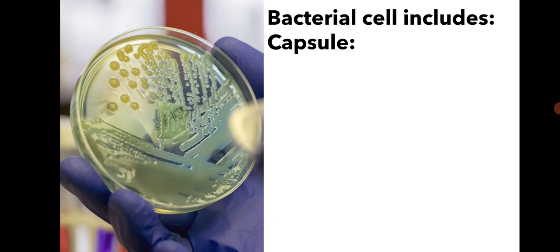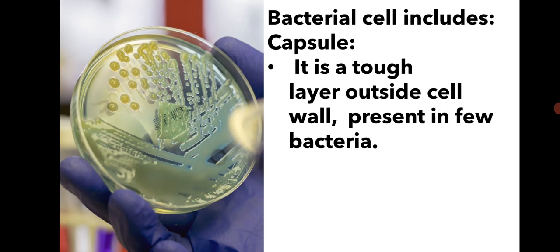You can consider this as the outermost layer. As you all know, the outermost layer generally protects us from the harshness of the environment, or from other invading bacterial cells, or from the human immunity, and so on. So the capsule is the tough layer which is the outermost part of the bacteria, and it gives toughness and protection to the bacterial cell. It is the layer present outside the cell wall, and it is generally present in few bacteria. Not all bacteria consist of this particular structure.